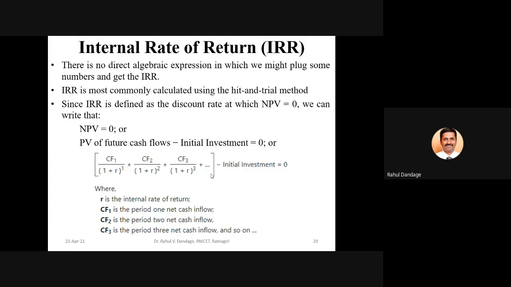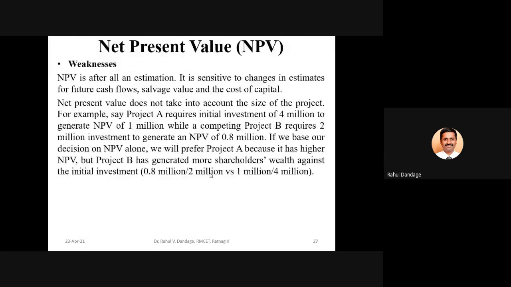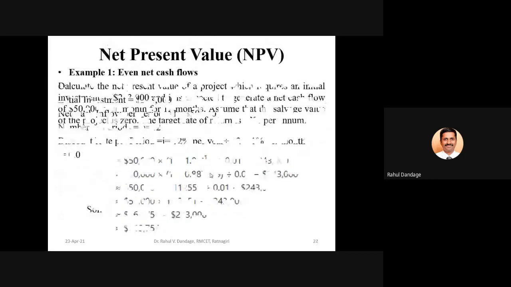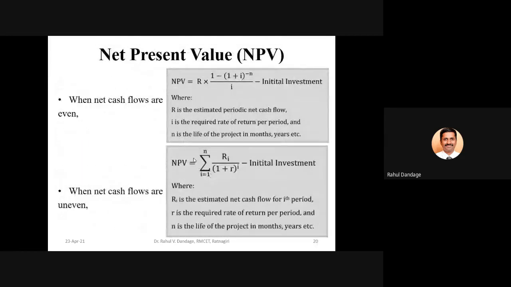When we went through the net present value formula, you must remember it was the summation of cash flow divided by (1 plus r) raised to the corresponding period. Here, we use the notation CF, that is cash flow, and i is the number of the period: 1, 2, 3, 4. So again, this is divided by (1 plus r) raised to i, for 1, 2, 3, 4 periods, and we add it together minus the initial investment, which is equal to net present value. In case of IRR, we equate this equation to 0.